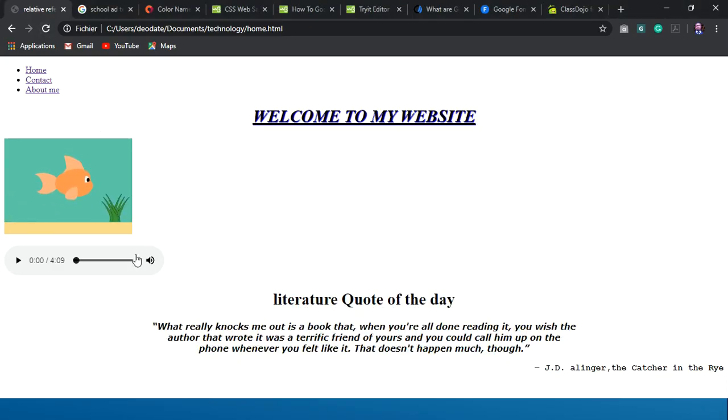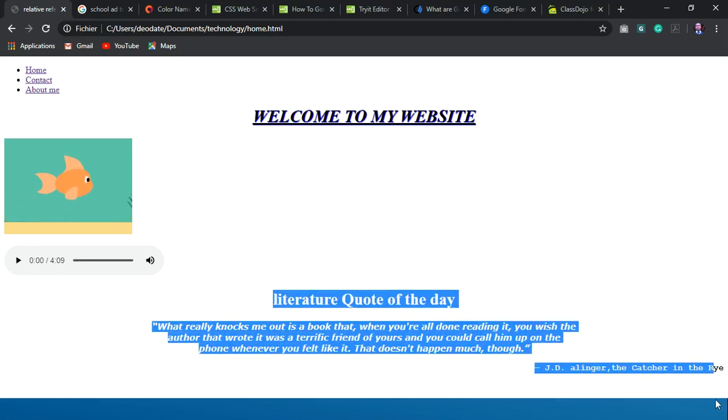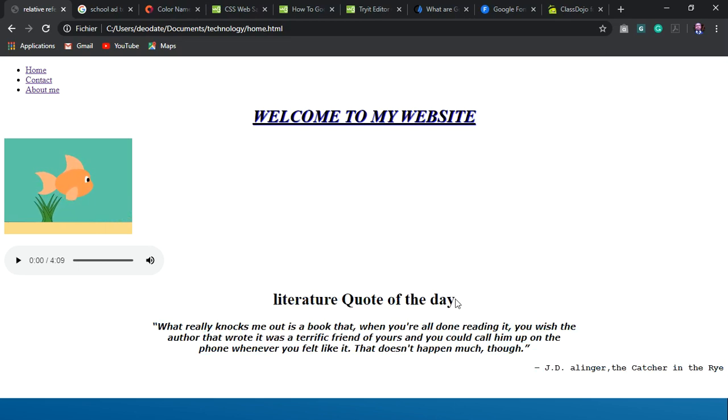So this is it for today, guys. I want you to use either ID or class to modify these three paragraphs, just like this. I want the first paragraph to have a different font family and to be aligned center. The same with the second paragraph, the quote, to be aligned to the center, to have a different font family and to be italicized. The same with the last paragraph, the author's name. I want it to be aligned on the right, and to have monospace as a font, and to have a different